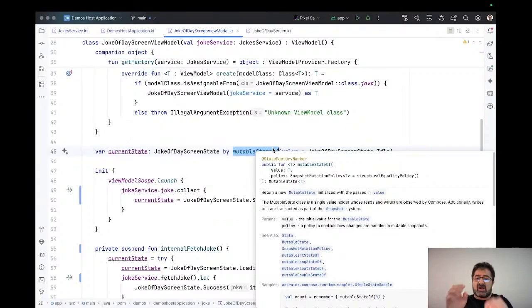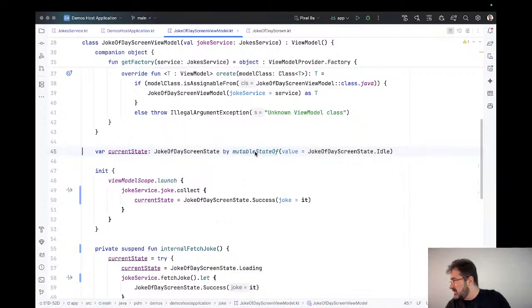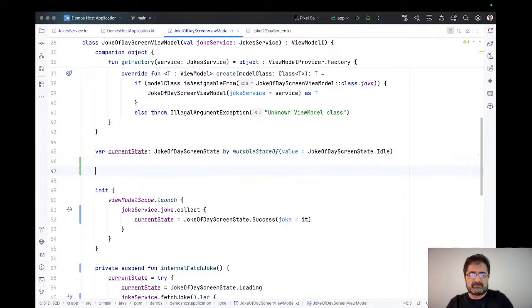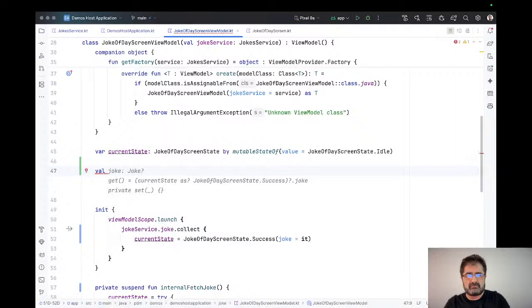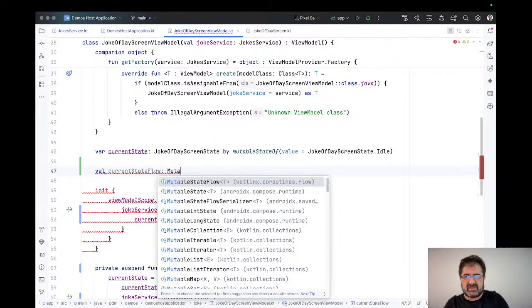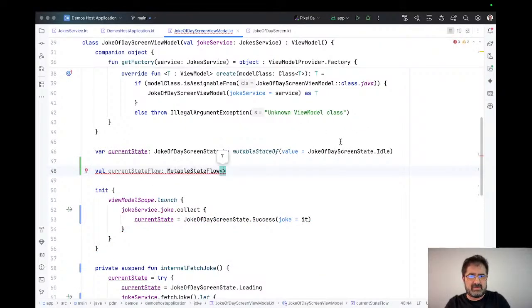This is an artifact of Compose. We could also use a flow here. So let's build this using a flow. Let's use this current state flow. This is a mutable state flow of